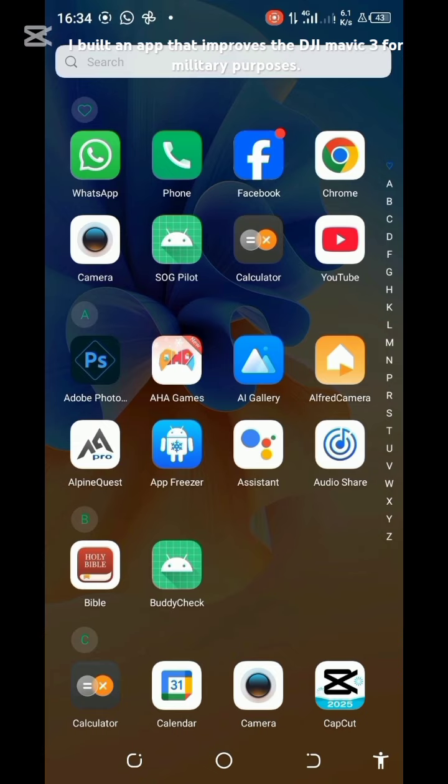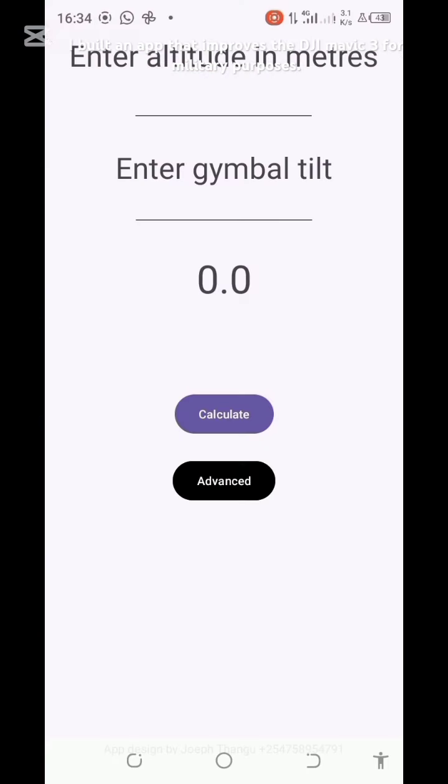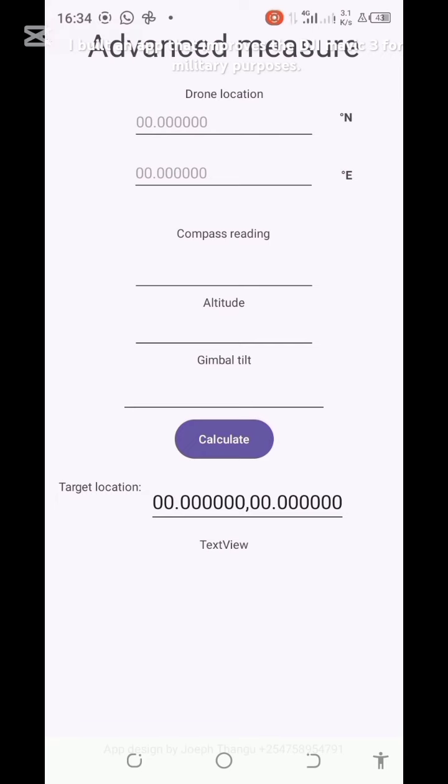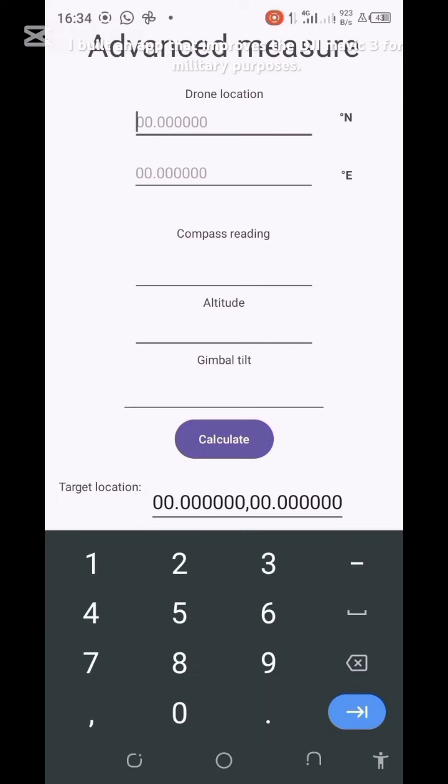We are going to open the app. It's called SOG Pilot. And then press the lower button, the one written Advanced. Here I'm going to enter the location of the drone, which is 3.373